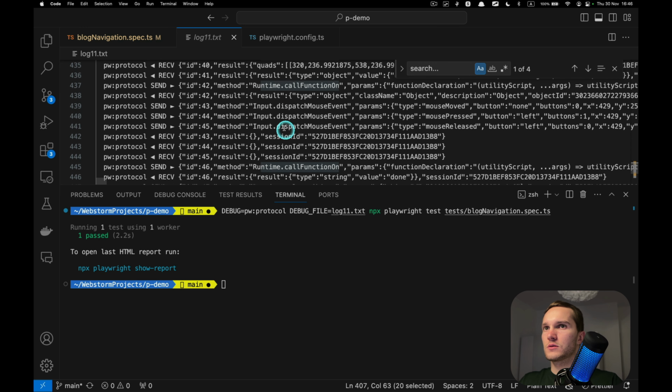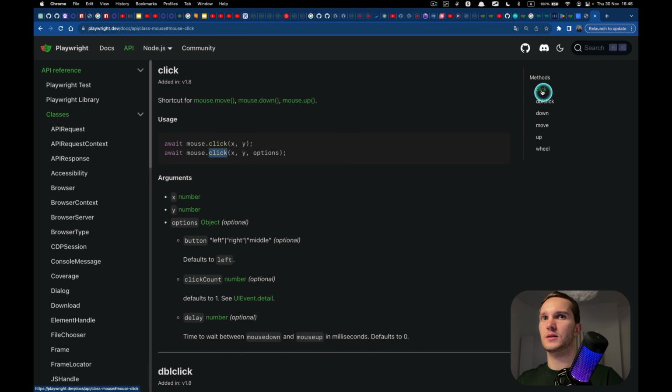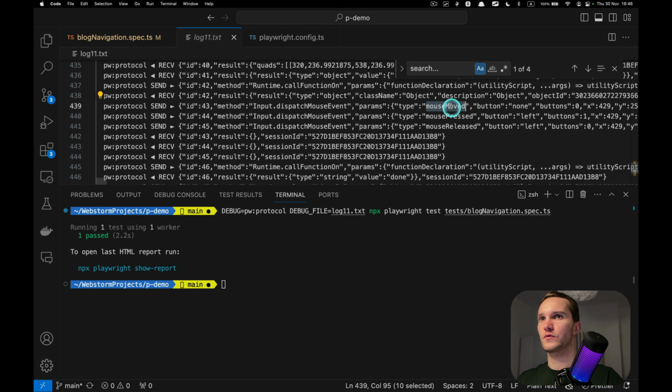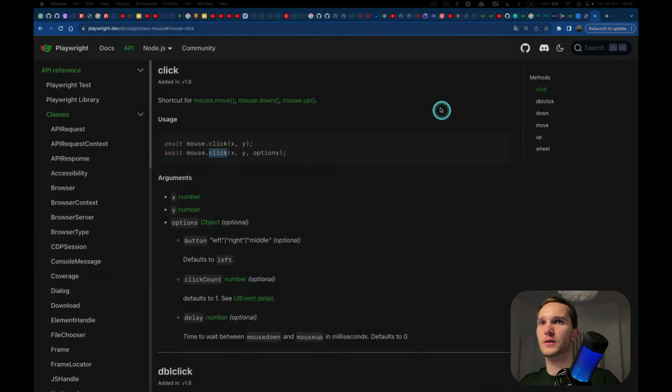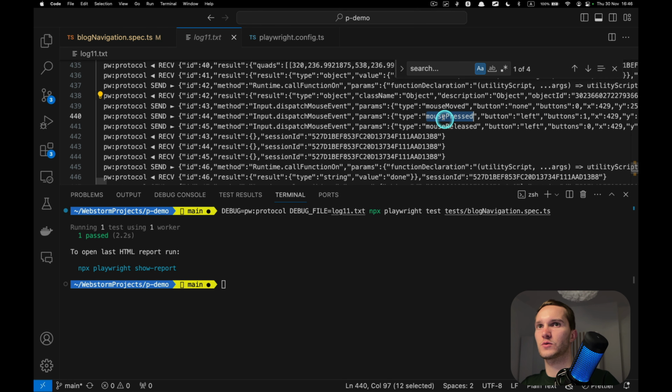Runtime function, dispatch mouse event. Okay, here are the 3. Mouse moved. Yep. So this click method does mouse moved, input dispatch mouse event, mouse moved, then mouse pressed.